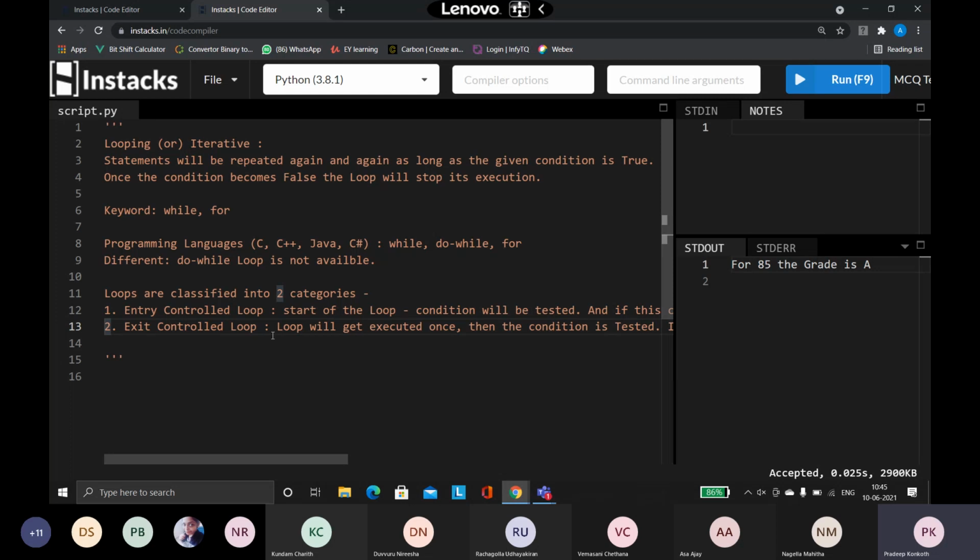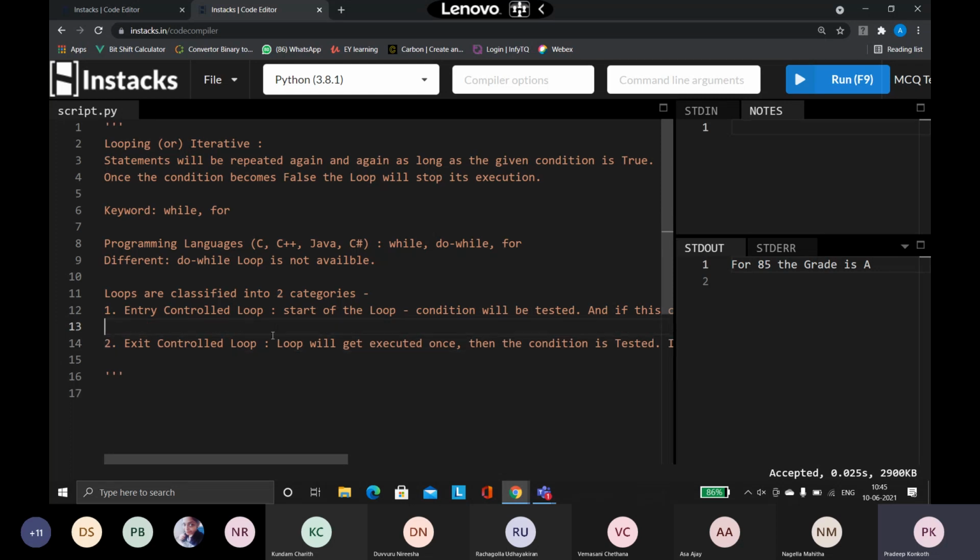Now understand the example. Your while loop and your for loop, these two loops come under the entry controlled category. So please remember, your while loop and the for loop come under the entry controlled category. And the do while loop comes under the exit controlled category.